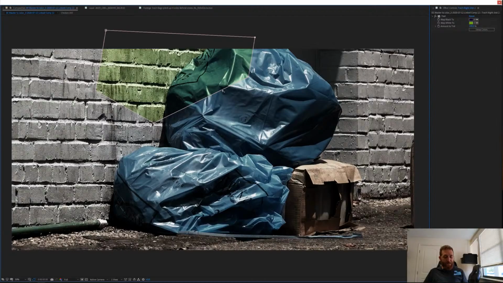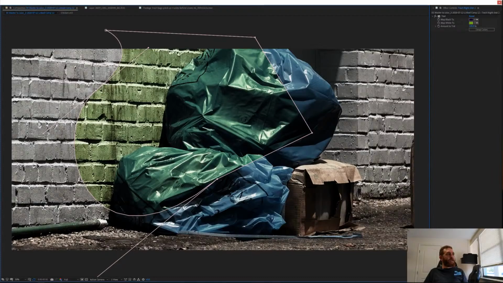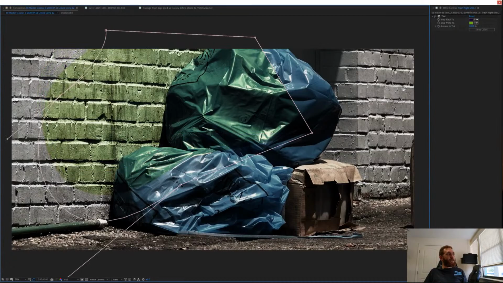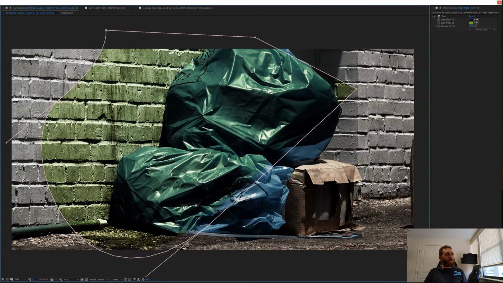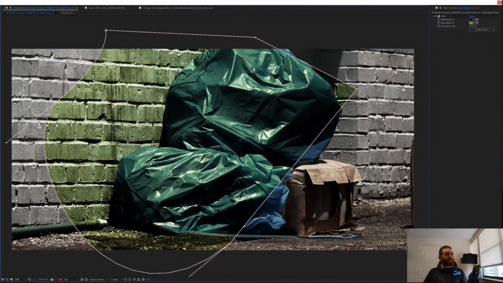The reason for that is because we are going to create a light source. And to help sell it, because we want it to look like there's a light coming from above causing this color, when we bring up our mask, just draw it roughly, how you see from everything. And I feel like the bags, especially with the color and everything, and you'll see in a moment what I'm talking about, but